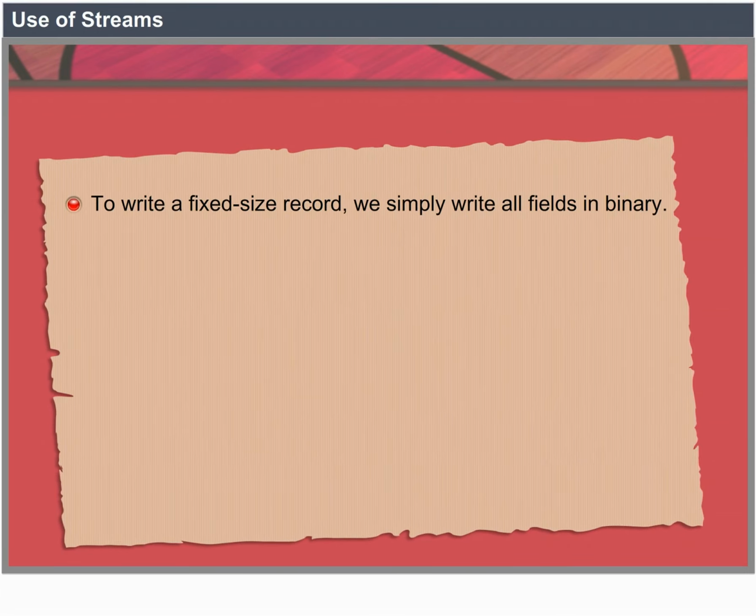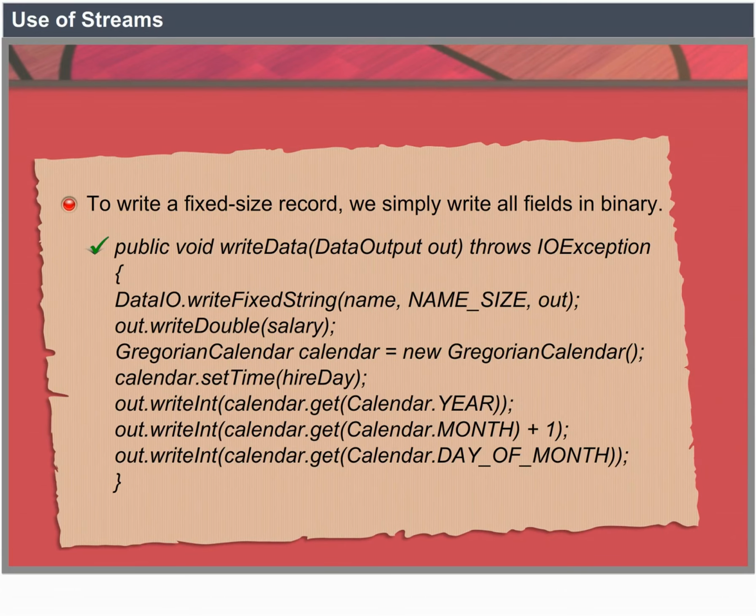To write a fixed size record, we simply write all fields in binary. public void writeData(DataOutput out) throws IOException { DataIO.writeFixedString(name, NAME_SIZE, out); out.writeDouble(salary); GregorianCalendar calendar = new GregorianCalendar(); calendar.setTime(hireDay); out.writeInt(calendar.get(Calendar.YEAR)); out.writeInt(calendar.get(Calendar.MONTH) + 1); out.writeInt(calendar.get(Calendar.DAY_OF_MONTH)); }